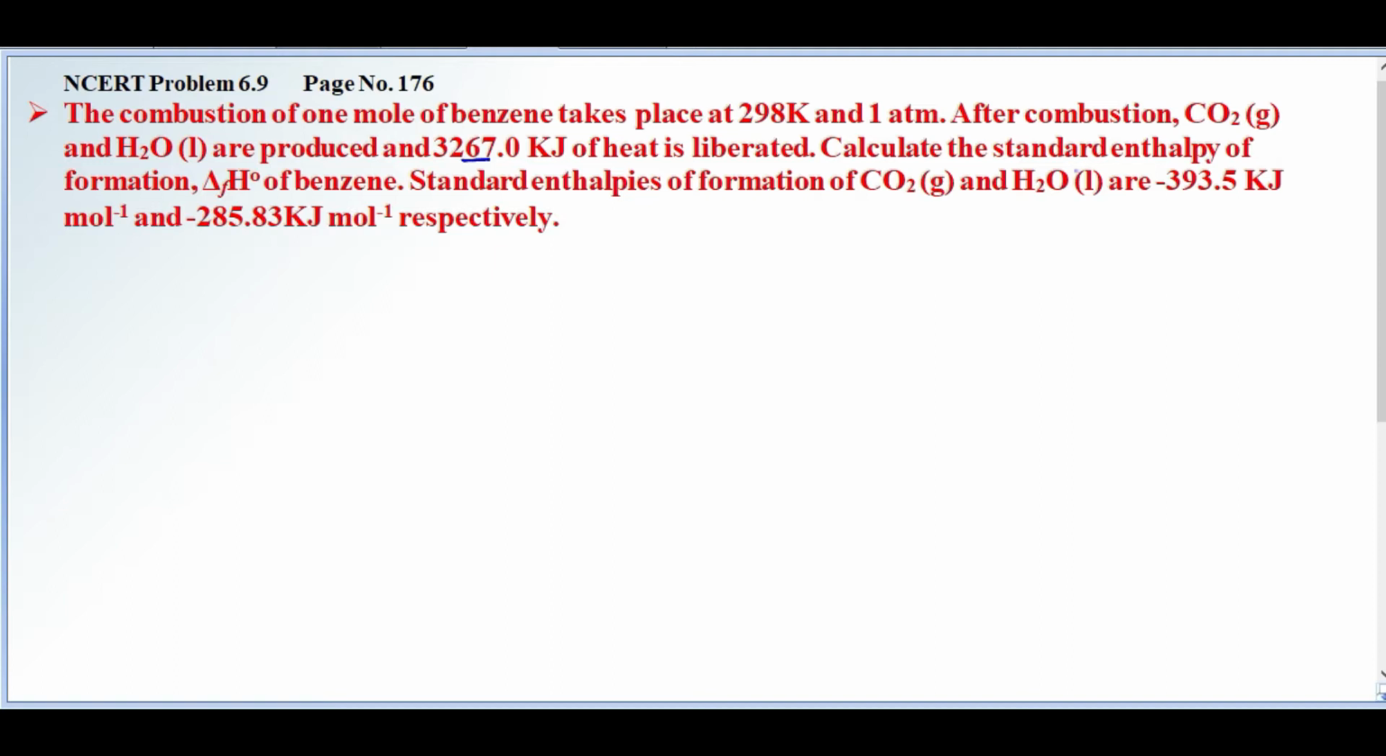Calculate the standard enthalpy of formation, delta HF naught, of benzene. You have to calculate the standard enthalpy of formation for benzene, right? Standard enthalpy of formation of carbon dioxide and water are minus 393.5 kilojoule per mole and minus 285.83 kilojoule per mole respectively, right? So in this condition, first we'll see how we can prepare benzene. So you just write formation reaction of benzene is